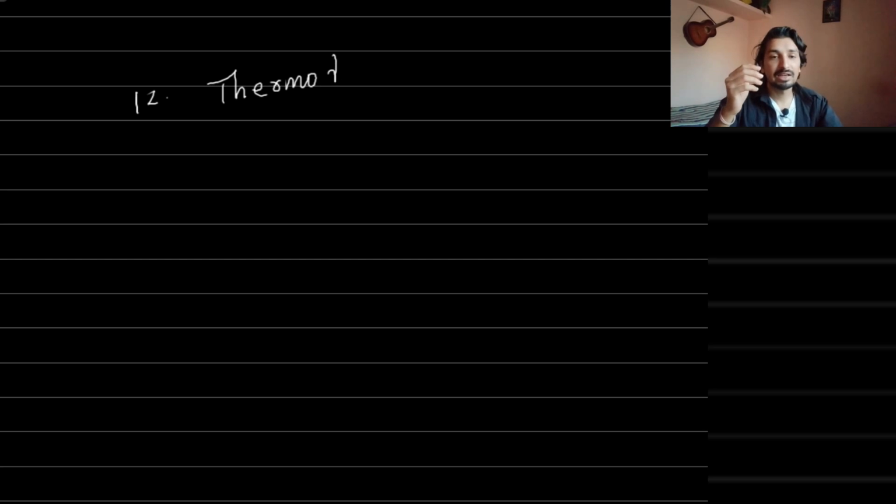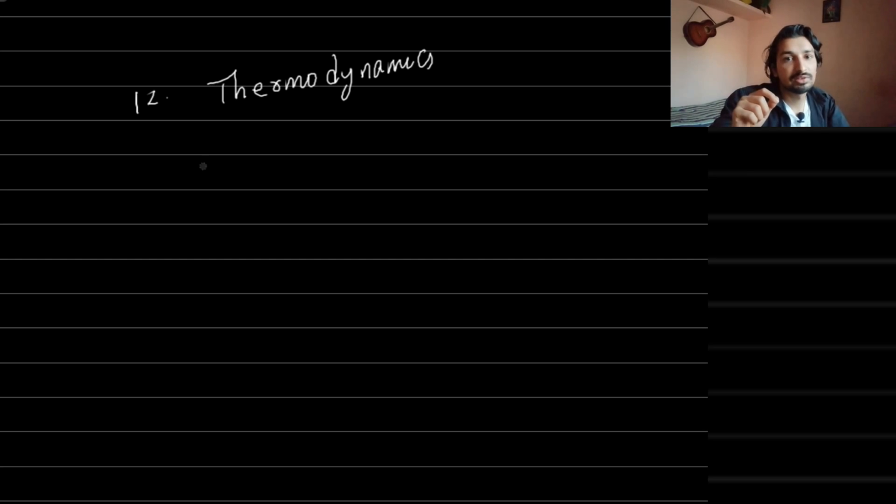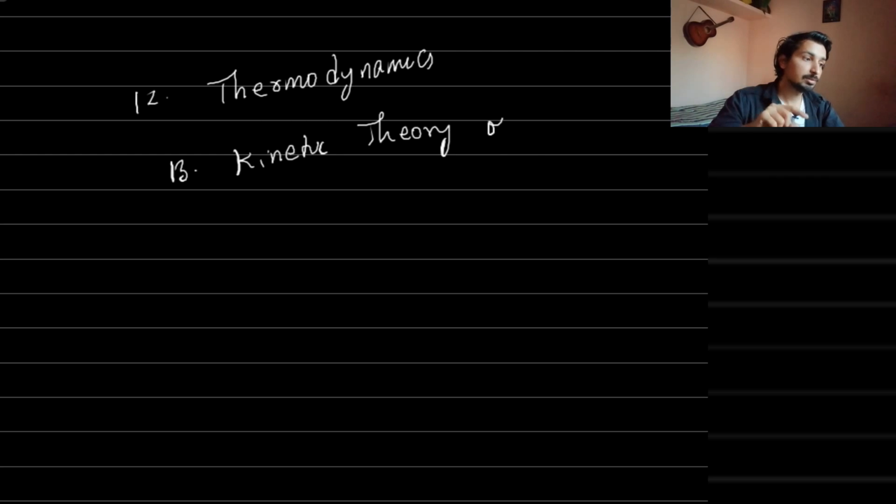Then thermodynamics and kinetic theory, because you have this in chemistry, for this also you can look at the formulas. I will just put the formulas for this also, thermodynamics and kinetic theory. It's an easy chapter. Basically you have PV is equal to nRT in kinetic theory of gases, that is the main formula. And thermodynamics